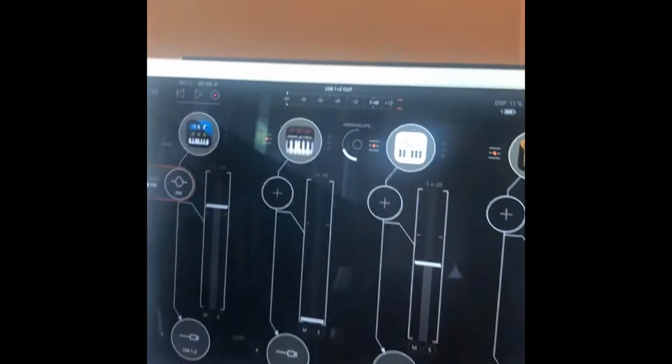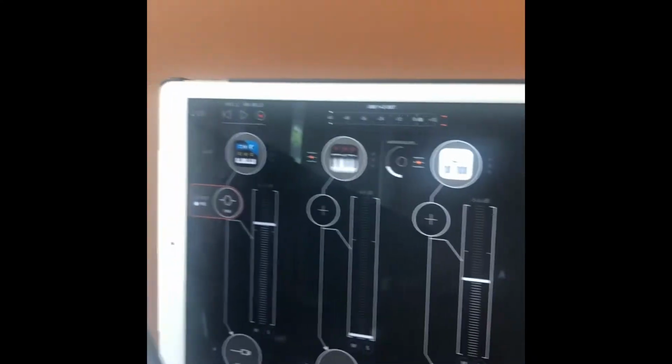Okay, I've been asked several times to show what I'm using on my iPads and what I'm using to control it and what I'm using as an interface. So I'm going to do a brief video to give you a brief synopsis of what I'm using. If you would look here on this particular iPad, I have one iPad that's using